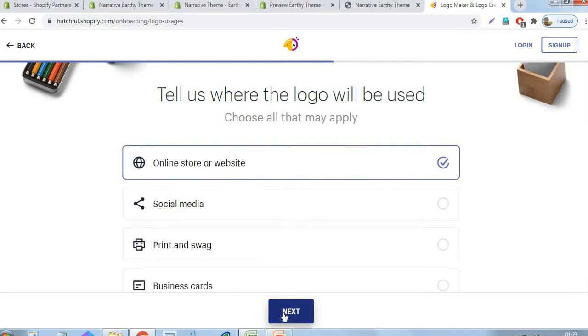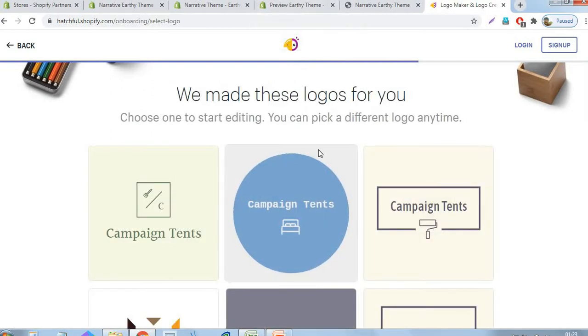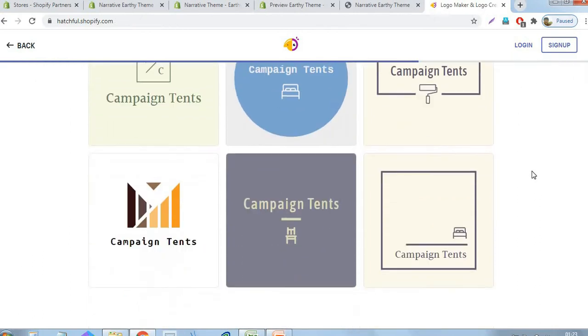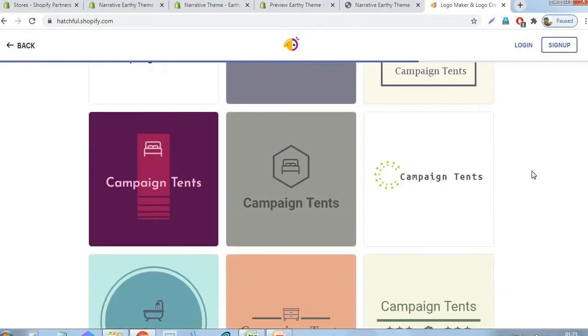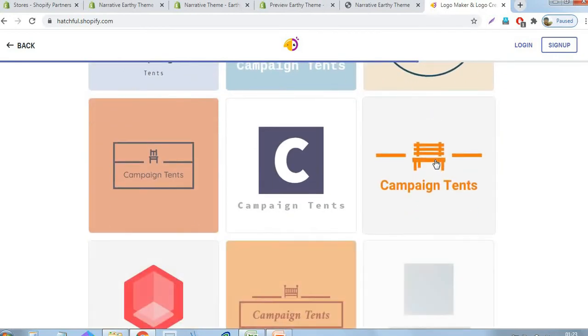We can see the multiple options for our brand. So we can choose our preferred logo and use it in our store. This is completely free of any credits or license issues. You can just use this logo for your store without paying any extra amount to Shopify or anywhere.